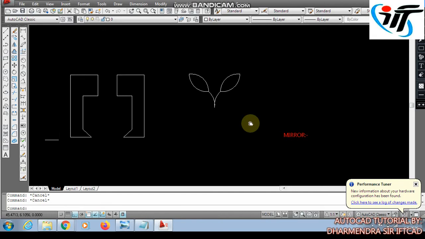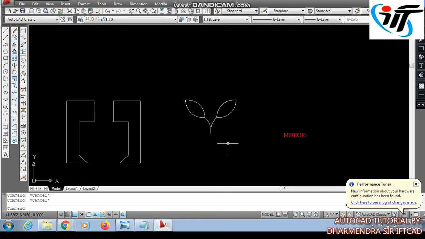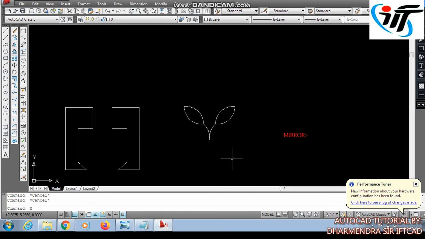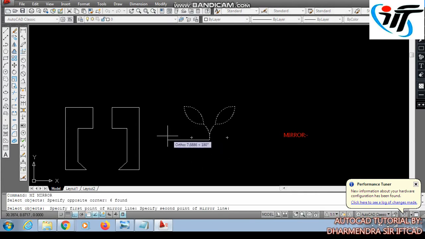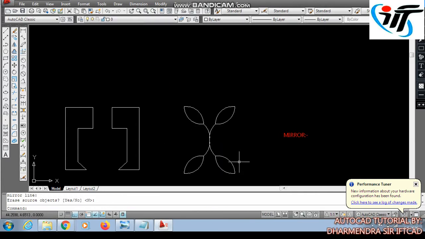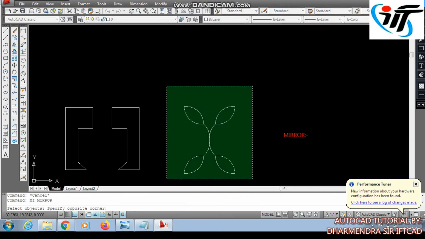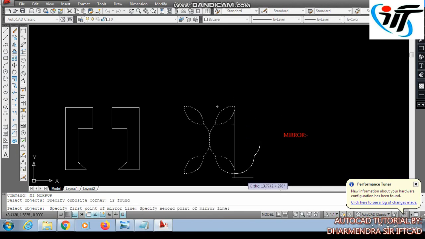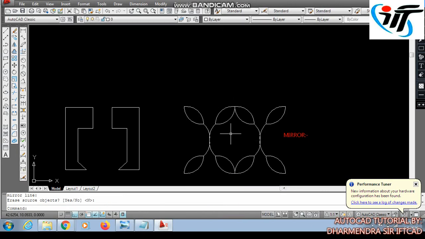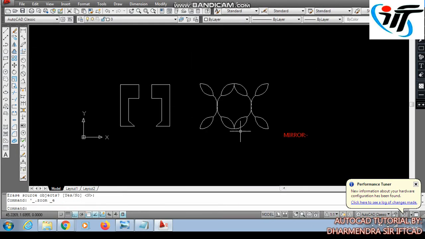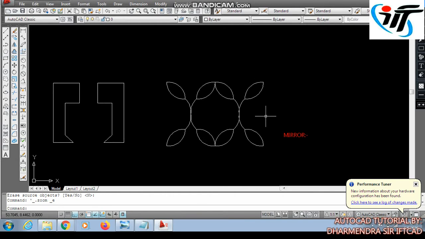This way we can draw any object using a mirror line. We can even mirror these leaves this way. Okay, now you got it that mirror is used for similar and opposite objects.